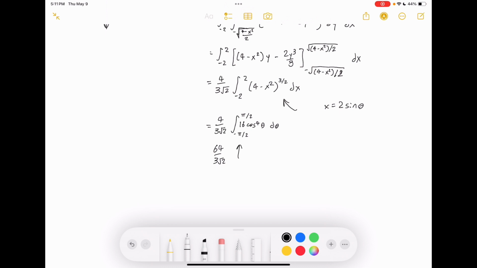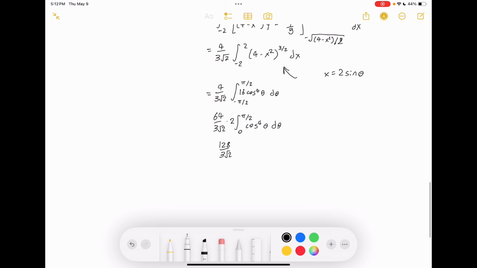But the thing about that integral is it's essentially the same thing as this integral, not 16, sorry, times 2. And that's because of the properties of how cosine works. So knowing that, we're just going to take out a second 2 because it's 2 of this. We're going to do that times 2, and that'll become 128, and we're going to solve that out right here. We're going to do 128 over 3 rad 2, and